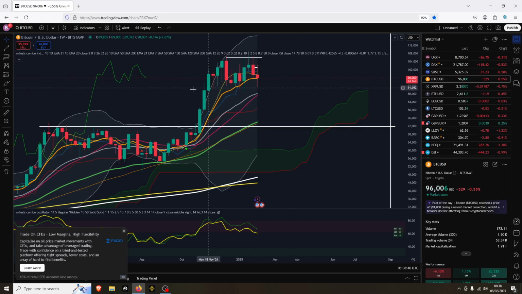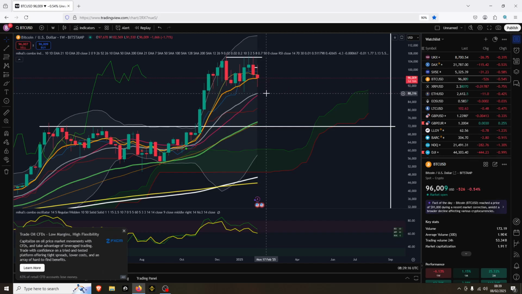So realistically, based on the weekly, and I'll leave it with you after this, at the moment we are currently still on the 10 exponential as far as the candle body is concerned. It's a spinning top on the weekly, which means it could go either way, which means Benji could be right, I could be right, you could be right, anyone could be right. It could go in either direction at this point. It's hanging on for dear life on this weekly moving average, which previously has been decent support.